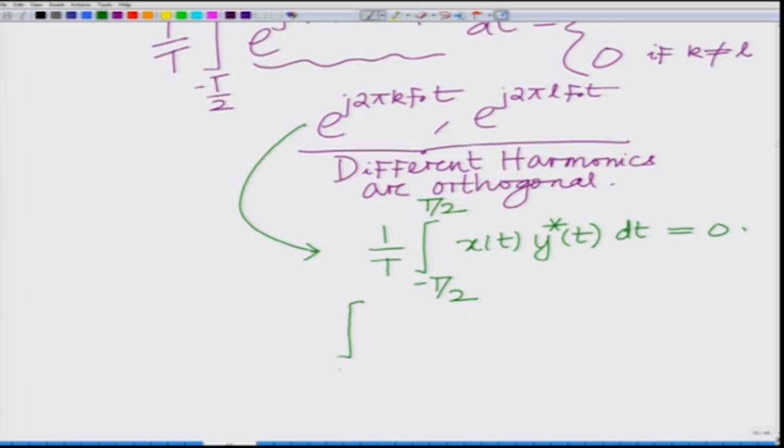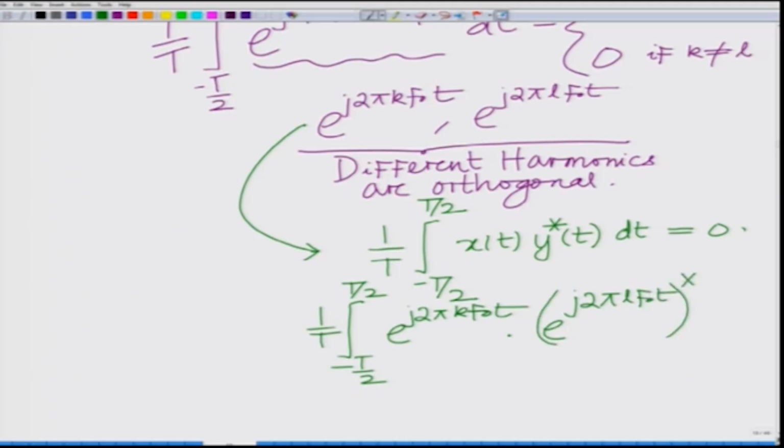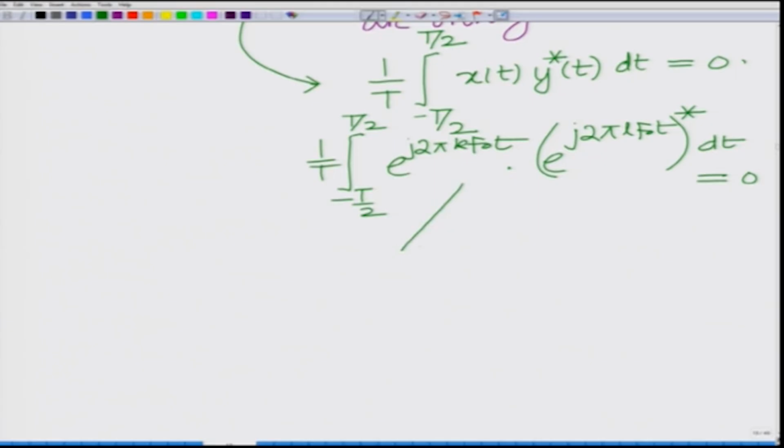Here we have the integral from −T/2 to T/2 of (1/T) e^(j2πk f0 t) times e^(j2πL f0 t) conjugate dt equals 0. Hence, these two are